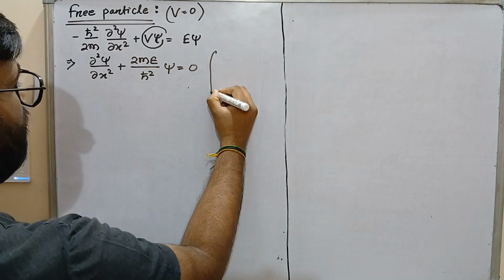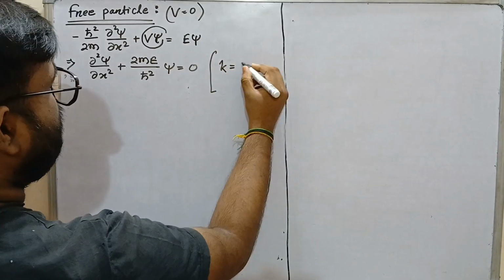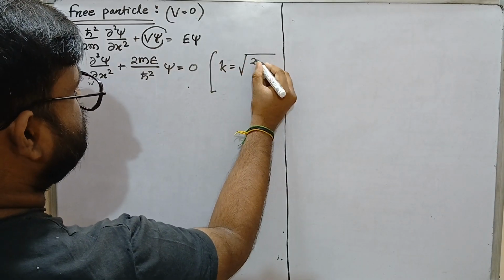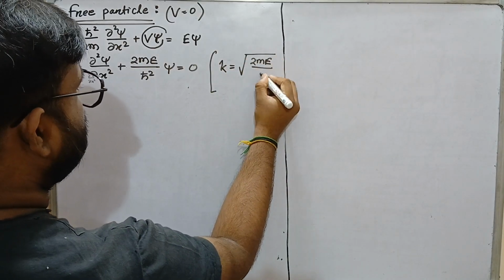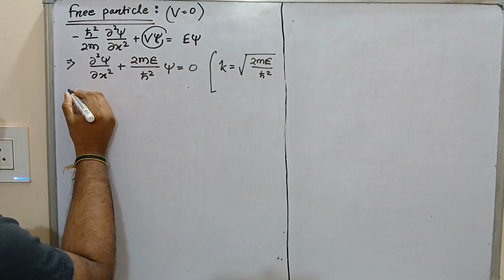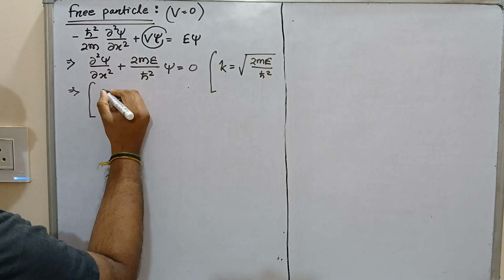Now what we'll do, in the last video we defined a K. K is the root of 2 m E by h bar square. Now this system becomes